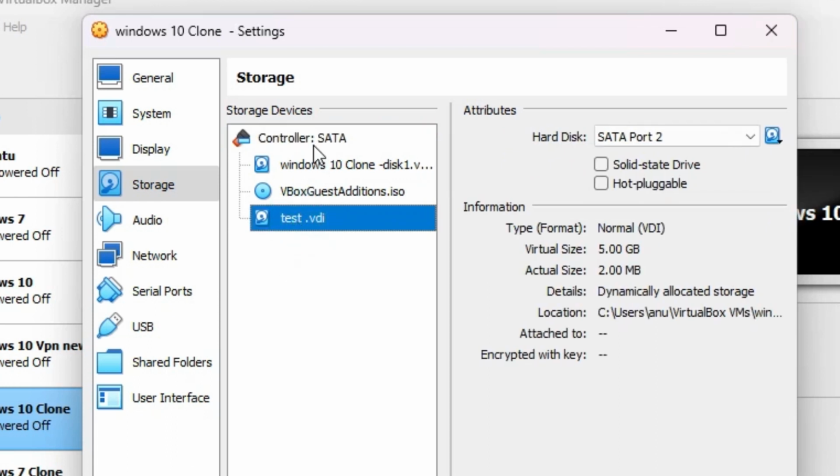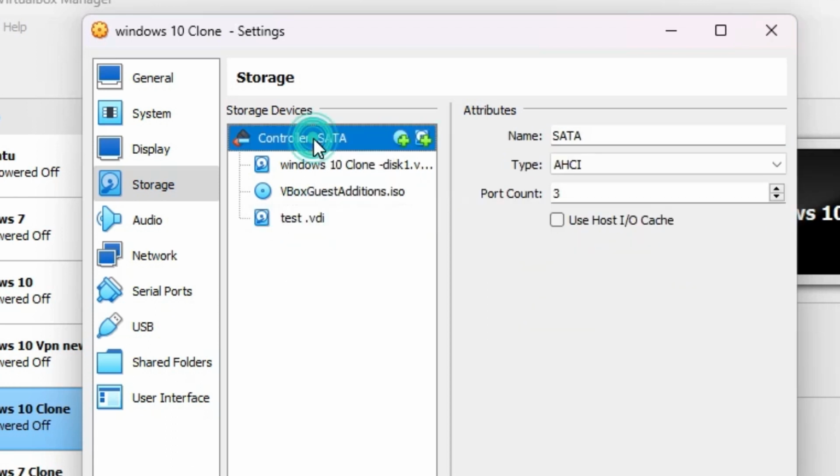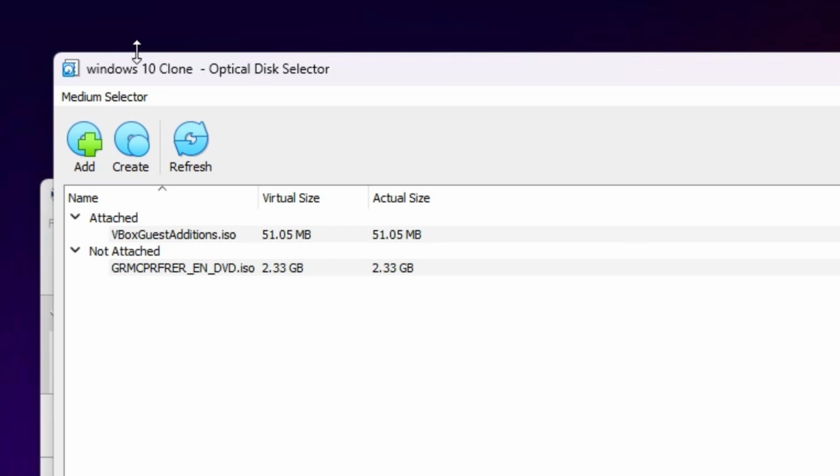Now we want to add one DVD. That is also very simple. Select that controller, and here we find CD image. Click on that CD image. Add optional optical drives. Click here, and I want to add an image, so I click on add